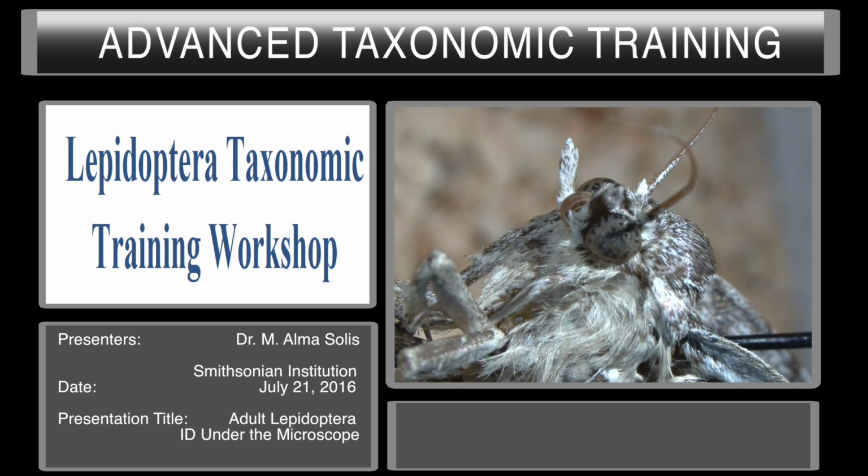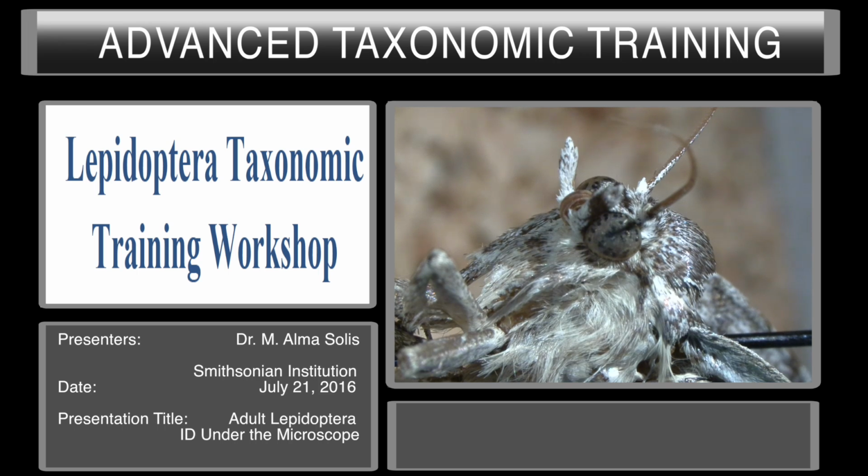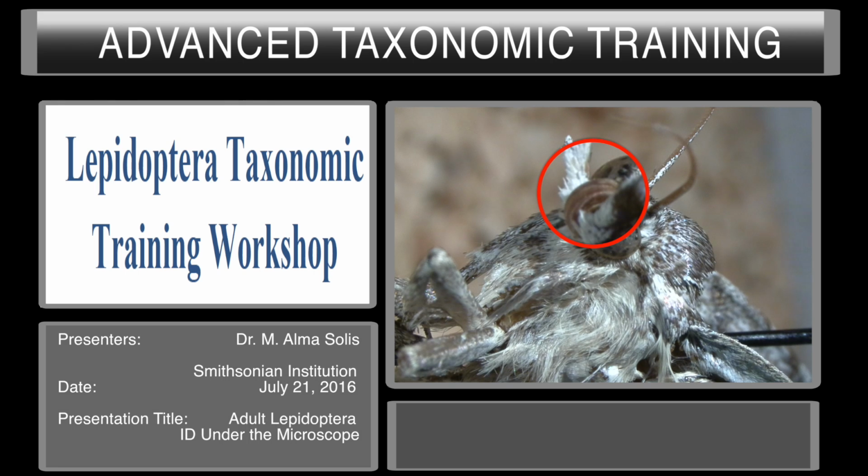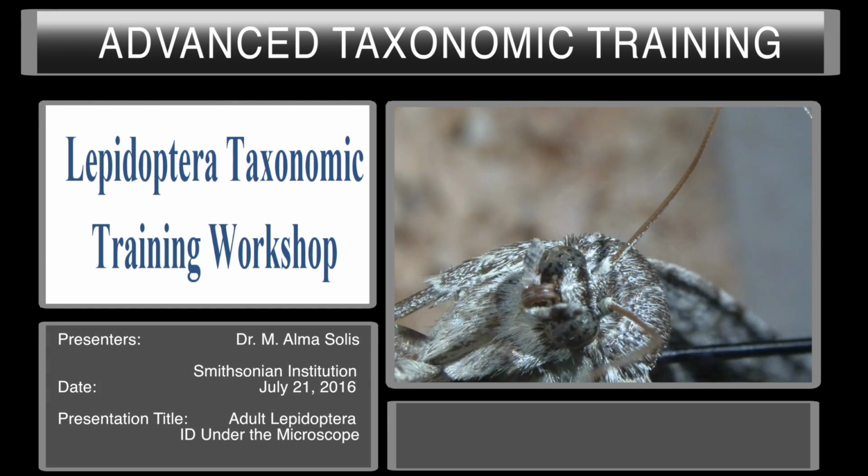The first thing I do when I get a moth, whether it has scales or not, is I look at the base of the proboscis. So first let's look at a smooth proboscis. What we have here is the head of a moth, and you can see the proboscis right here. This is a smooth proboscis, and here is the head-on view of the same proboscis. It is absolutely smooth,